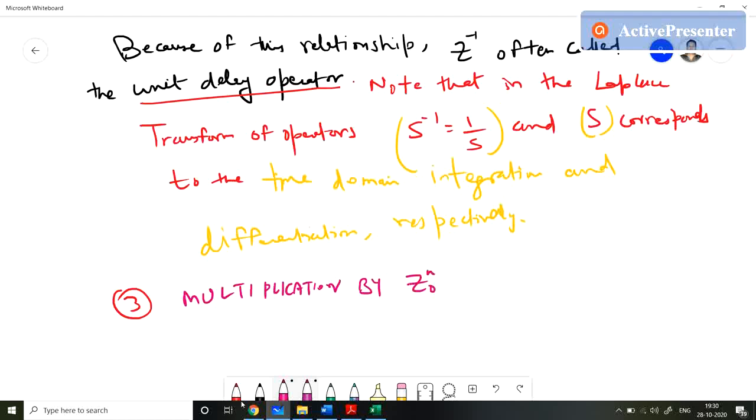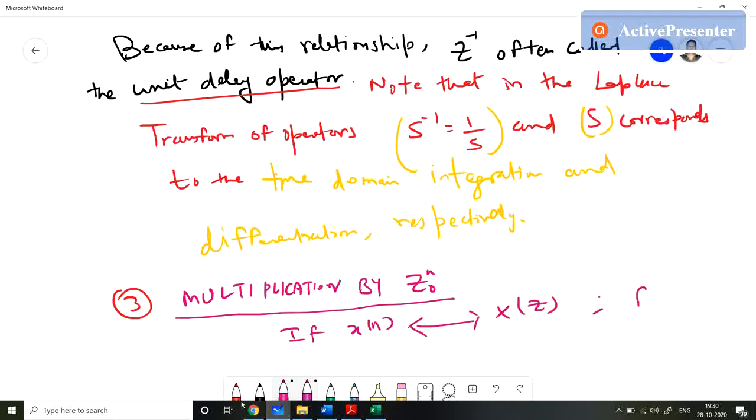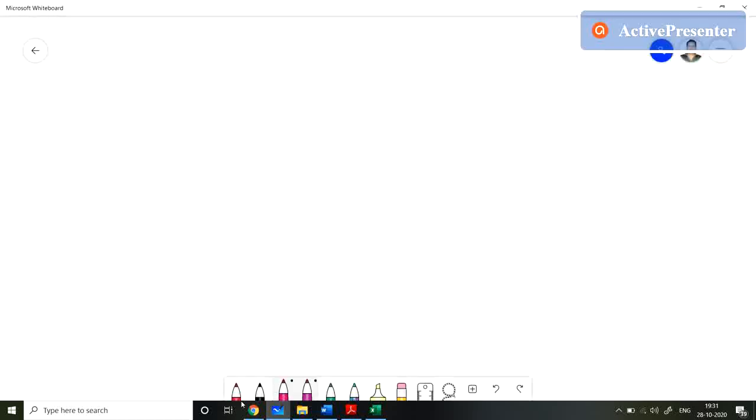Z0 is some constant quantity. Let us discuss this property. If x(n) has Z transform X(z), and the ROC is R,